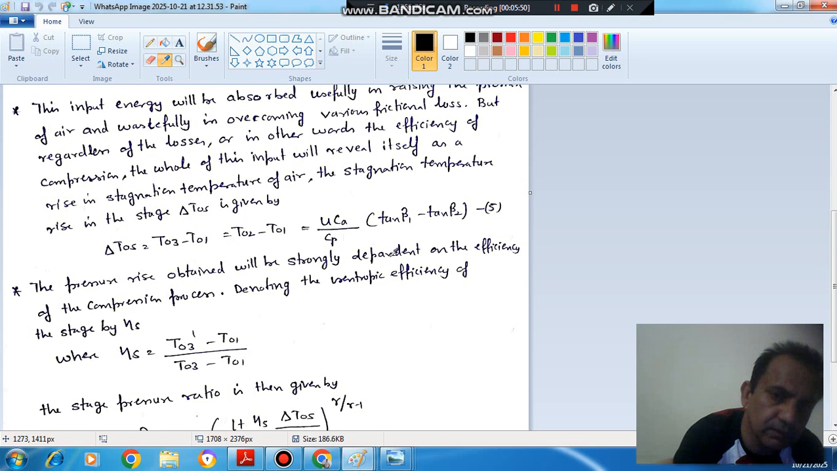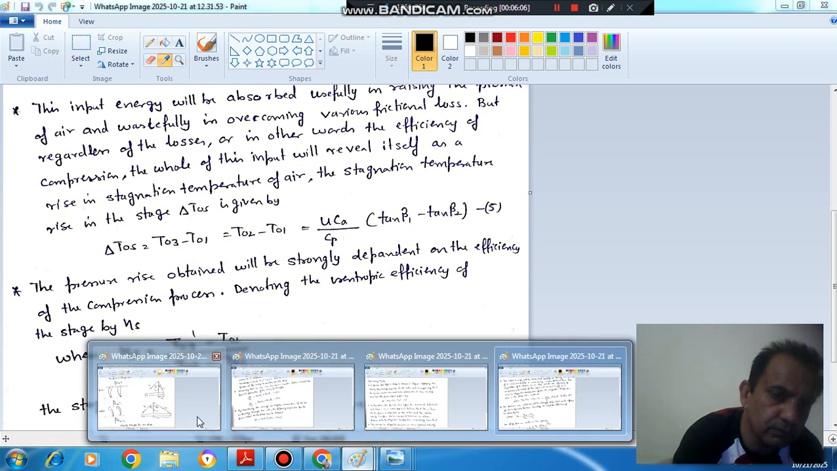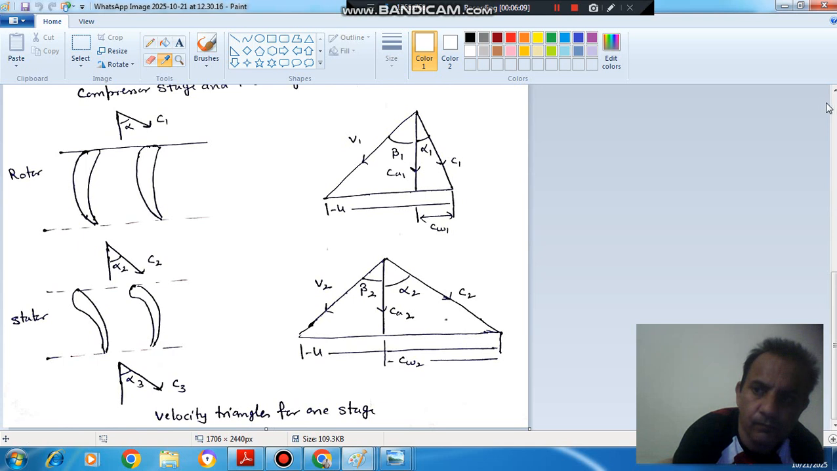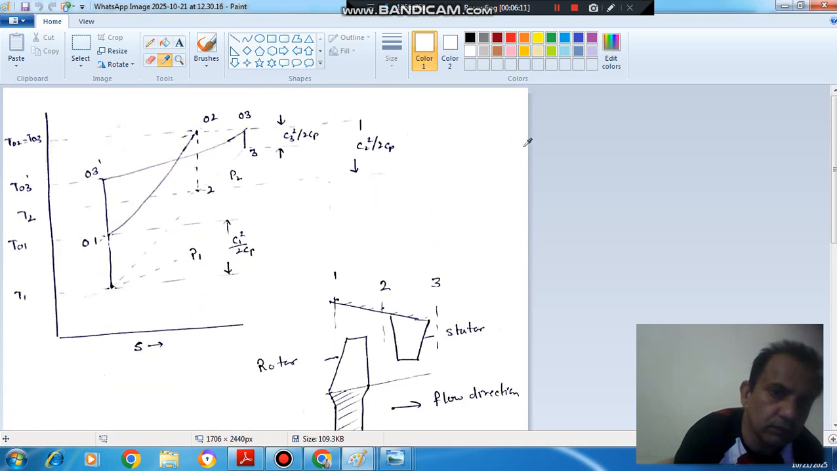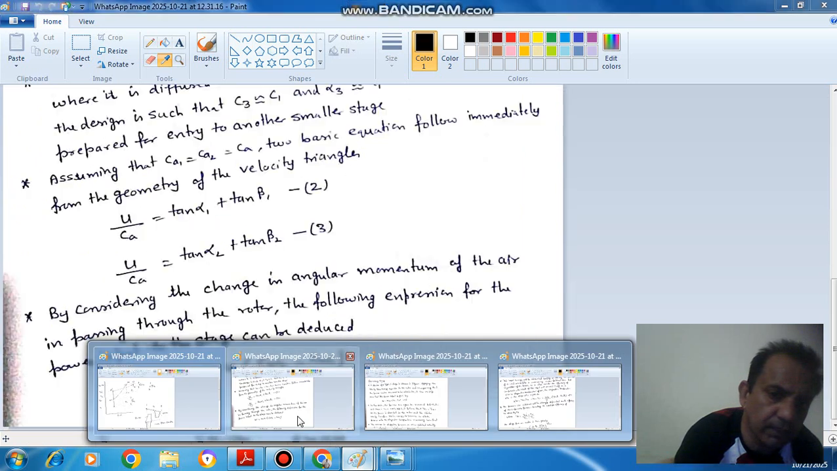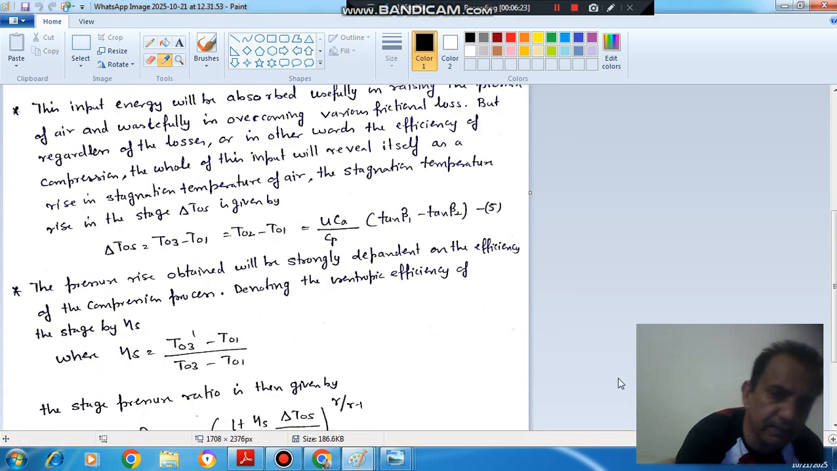Now this is the actual stagnation temperature rise, but if we consider an isentropic process, then isentropic efficiency has to be considered, and this isentropic efficiency is T03 dash minus T01 by T03 minus T01. This is your T03 dash, the isentropic temperature rise, and this is your actual T03, which is equal to T02. Okay, and in the same manner as we have